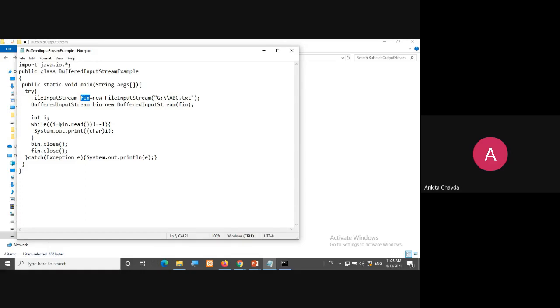Now whatever you are reading is in integer form. So you are taking integer i. While loop, again this i equals bin.read not equal to -1, then you need to print those characters onto the screen, right? Only the difference is this. Otherwise the program will remain the same. Have you seen that? Here you are taking bin because you are reading from the buffer, and you are writing to the buffer.